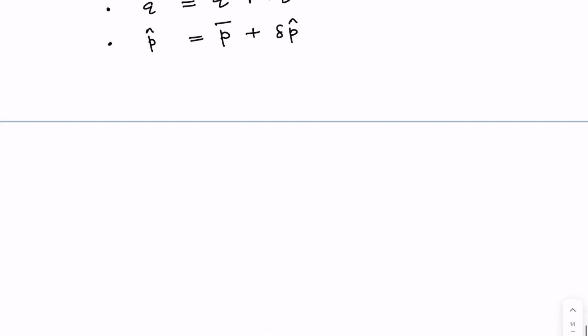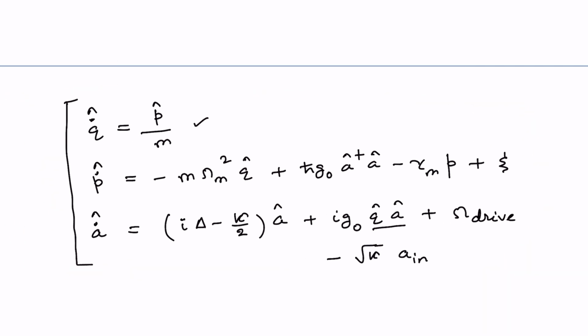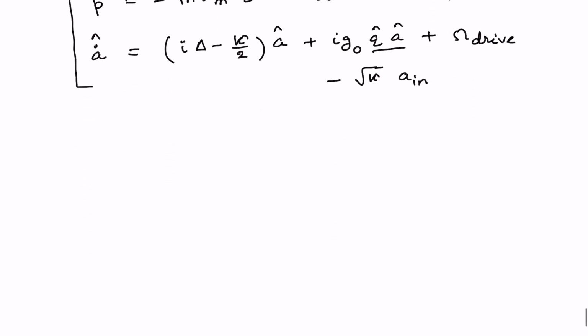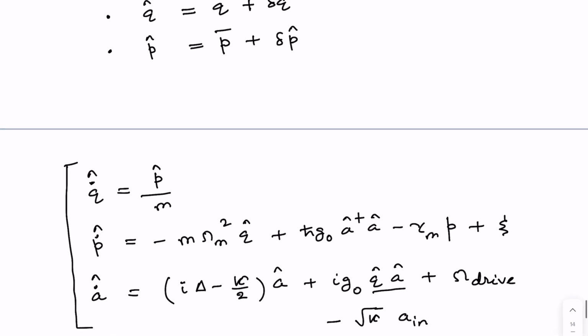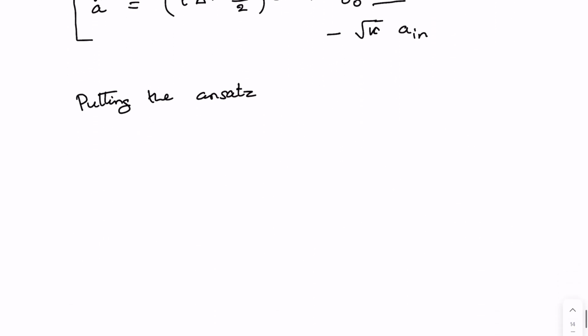If I put these ansatz in the equations, then I will get, please try to do that, this is our assumed solution. Putting these ansatz in the QLE, the quantum Langevin equation, you are going to get delta Q dot